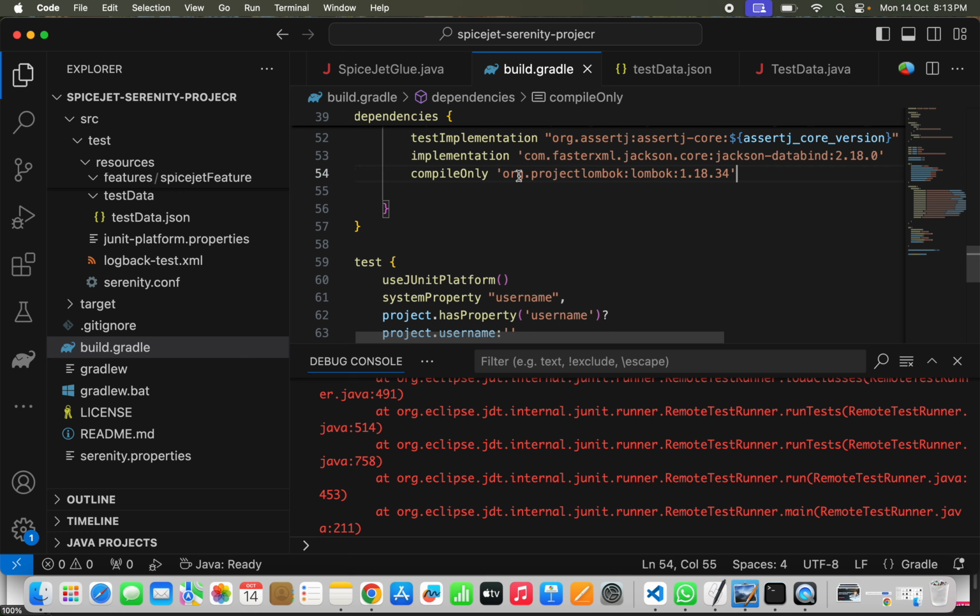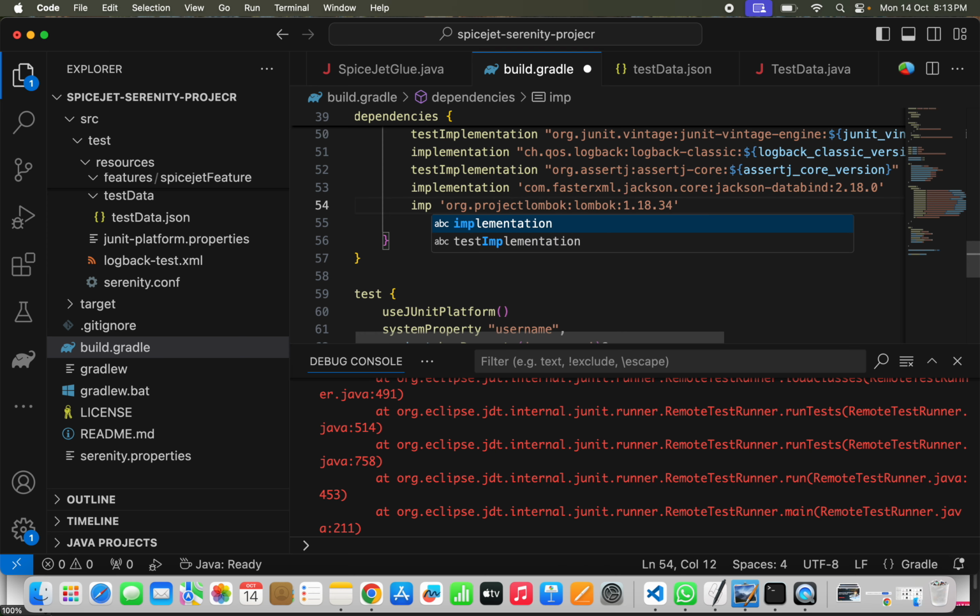Here it is compile only, right? So implementation, okay. Then